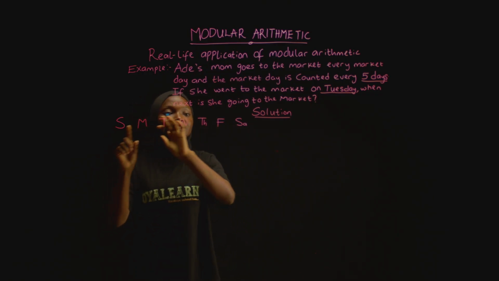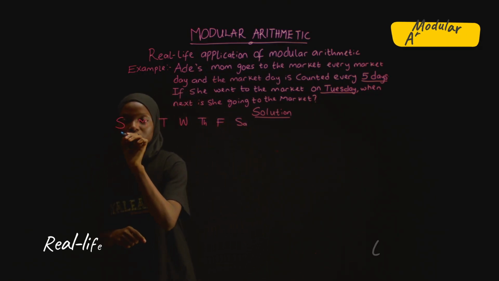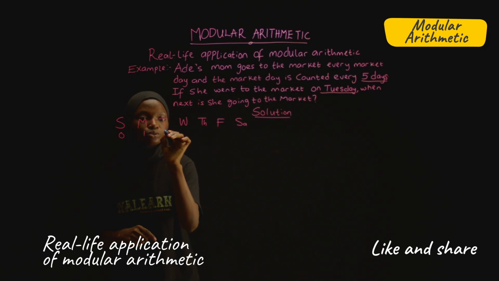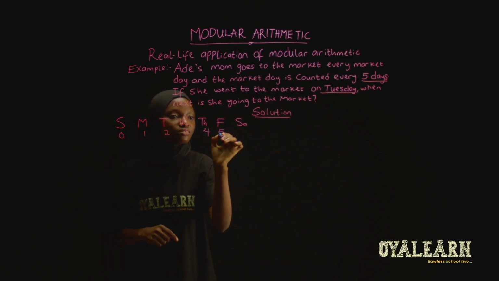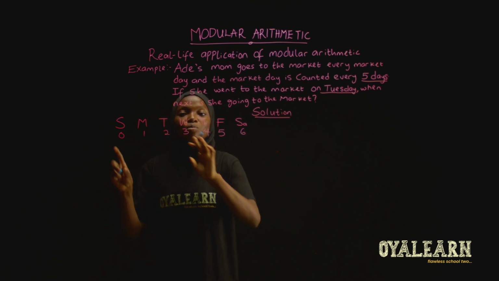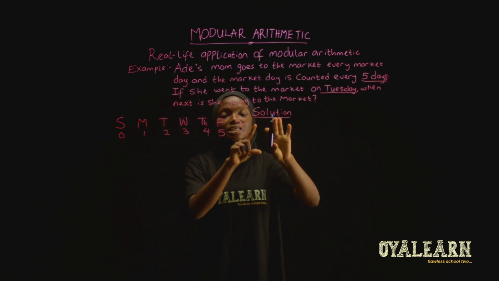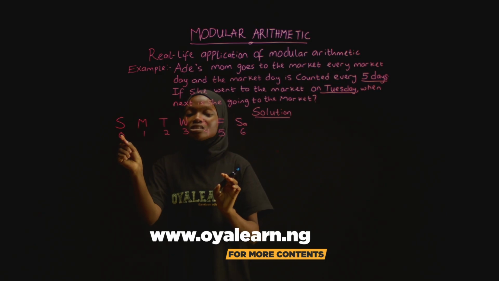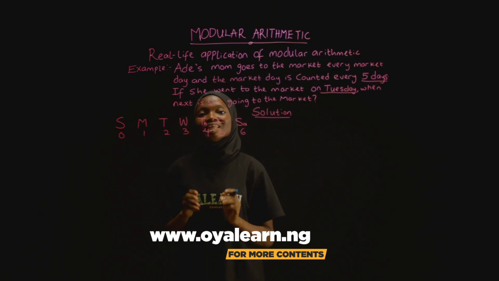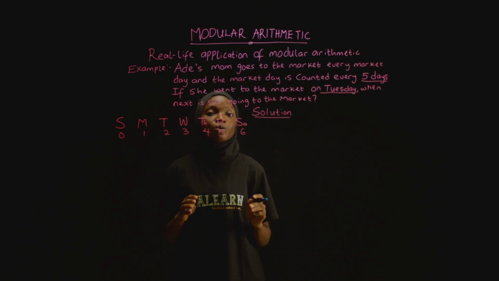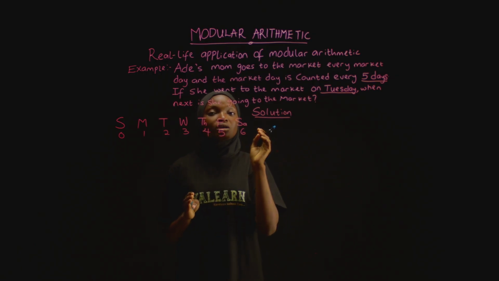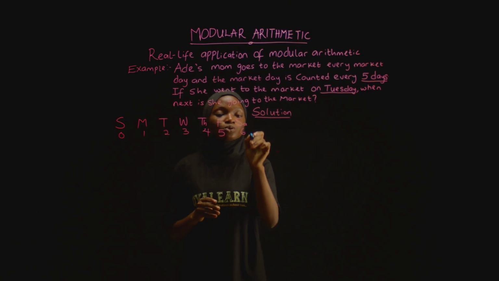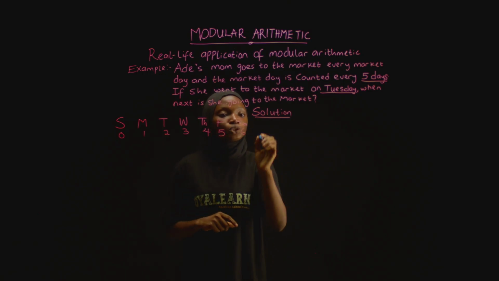So I'm going to list this out as 0, 1, 2, 3, 4, 5, 6, so that we'll be able to work in mod 7 since we only have digits 0 to 6. For any mod we are working with, the only numbers that will be used are 0 to n-1. And here we are having 6. So when we add 1 to this, that means we are working with mod 7. So here we'll have